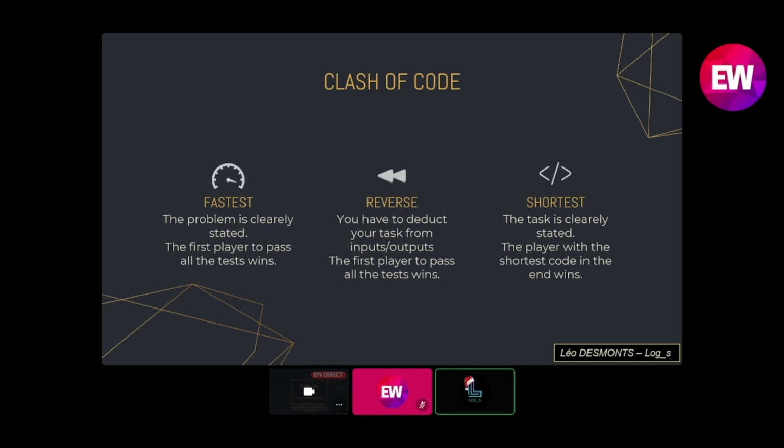So you have to deduce what's going on in between. And the final game mode that we will be interested in here today is the shortest mode. You have a clearly stated task, but the winner is not the first one to solve it. It's the one who has the shortest payload in the end. And the payload is counted in characters.